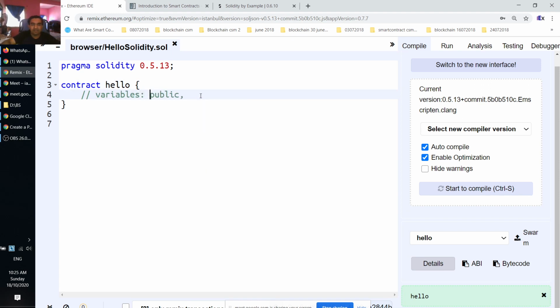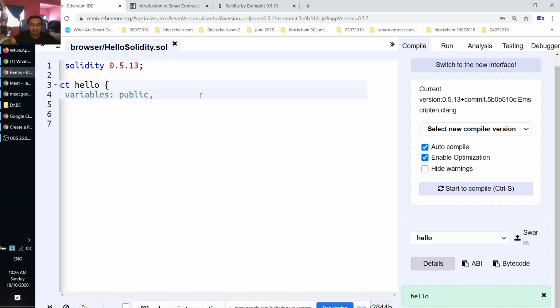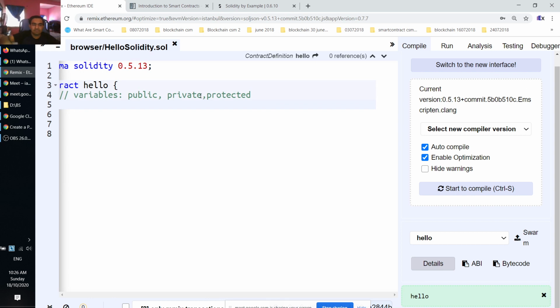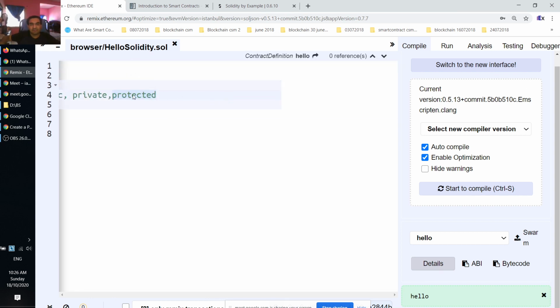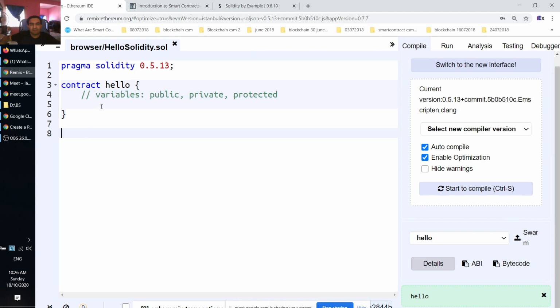You can have public, private, and the last one protected. So these are three types of variable. Sometimes they have problems aligning these things. Okay, so that means private, protected, and then